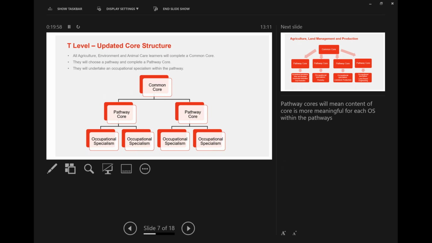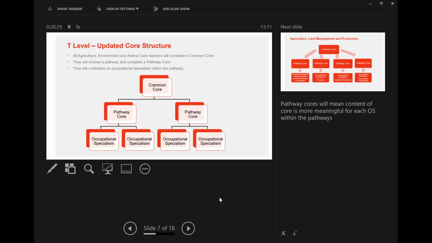And any knowledge that can be assessed in written form can be pulled out of those specialisms and put into the pathway core assessment. So the students will take a second core exam, the common core exam and the pathway core exam. And that makes the core component much more relevant to those specialisms and to the sector that the student is working towards.